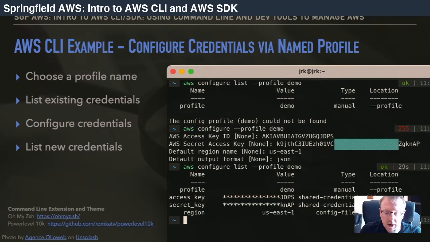So then I run aws configure with the parameter --profile demo, and it prompts me for that access key ID and the secret access key that we just received from IAM when we created our new user. And in my case, I'm building everything out in region us-east-1, so I specified that region, but if you're in another region, specify the appropriate region. And then I accepted the default output format. No, I take that back. I specified JSON, and then I ran aws configure list one more time with the parameter --profile demo,